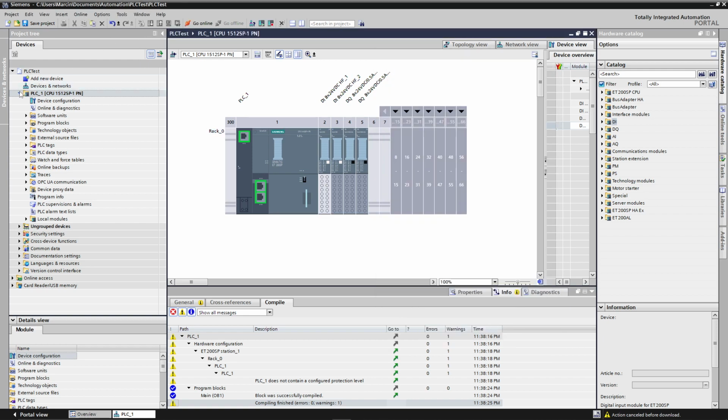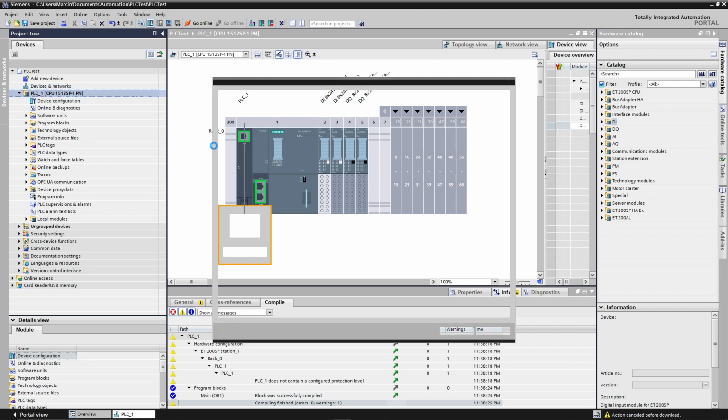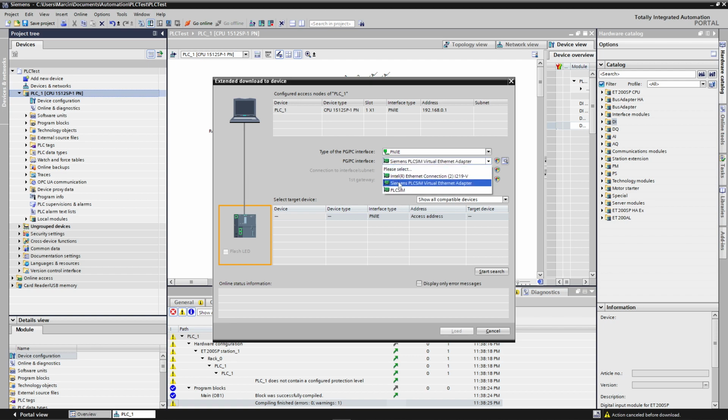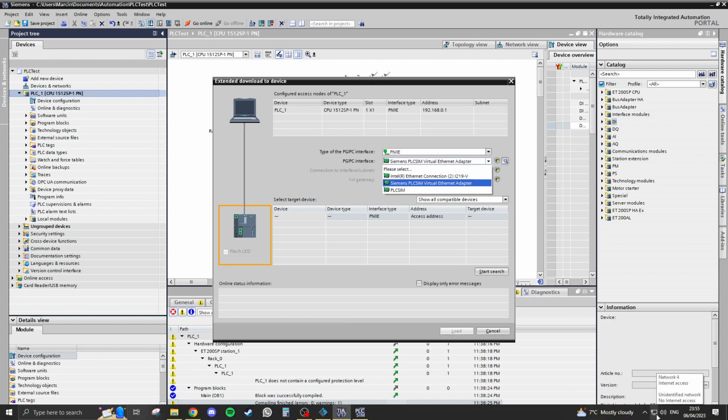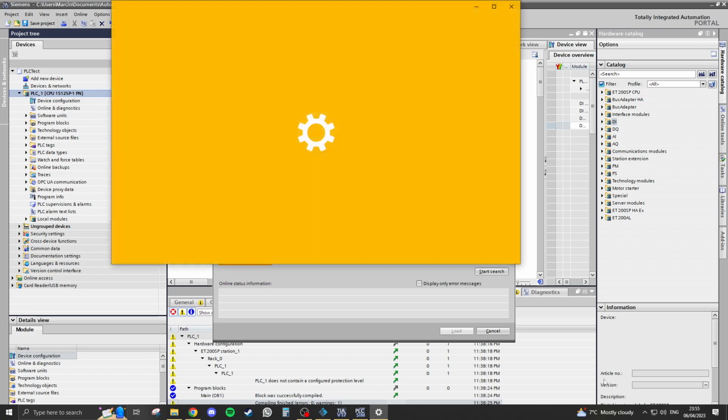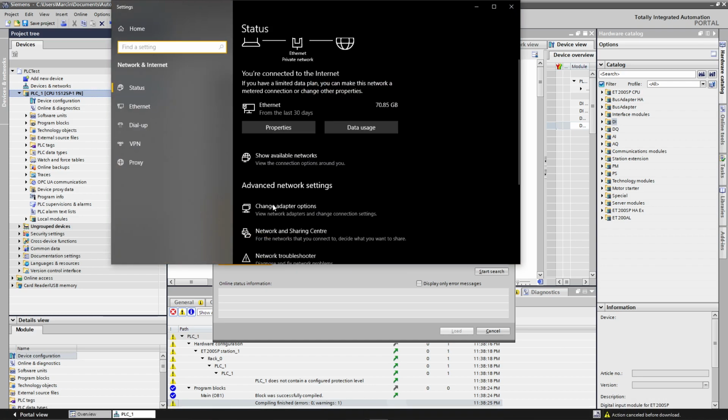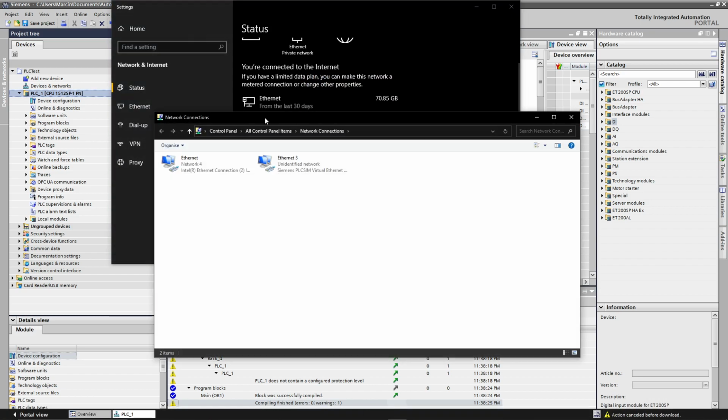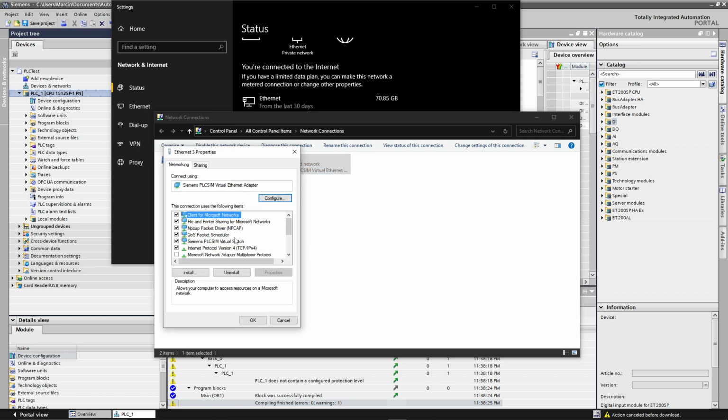So now getting back to TIA Portal, highlighting the PLC_1. I can rename it later, but the actual PLC. Now clicking download. Here from the options, I should have a PLCSIM virtual Ethernet adapter. If I don't, it will be worth double checking here in network Ethernet settings, going to adapter options. There should be this virtual Ethernet adapter. If I even look up the properties,